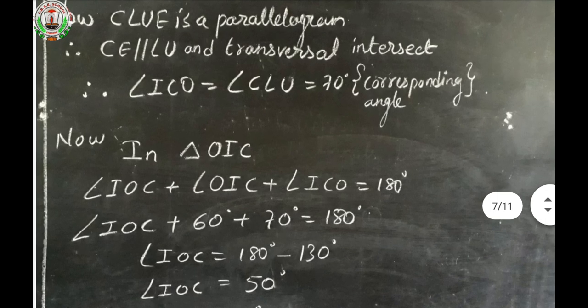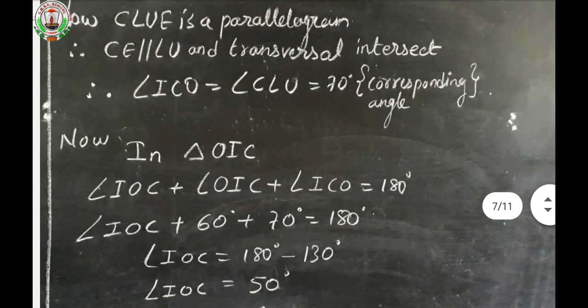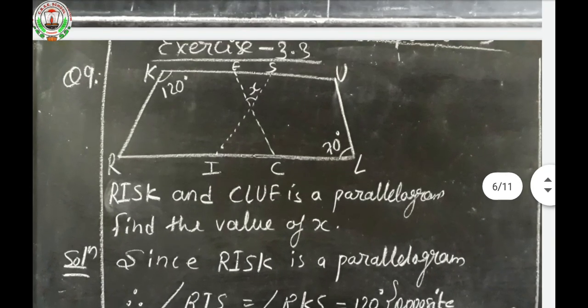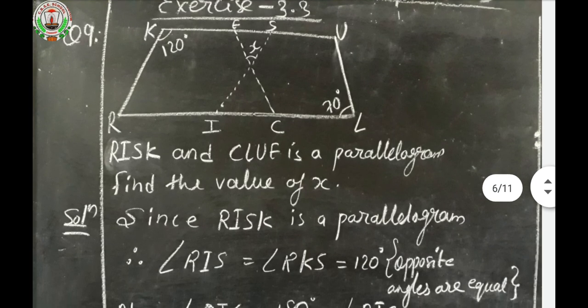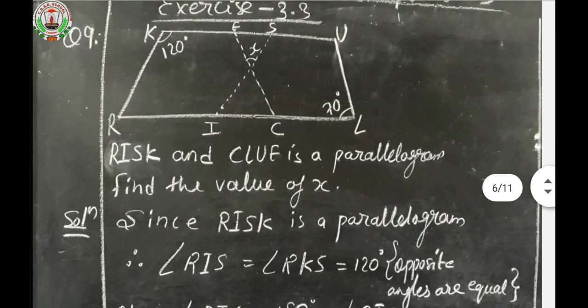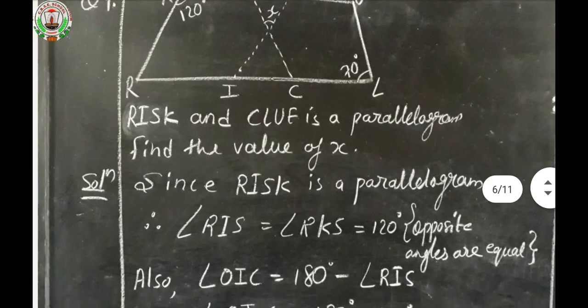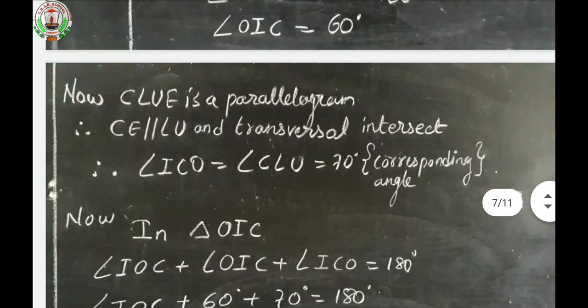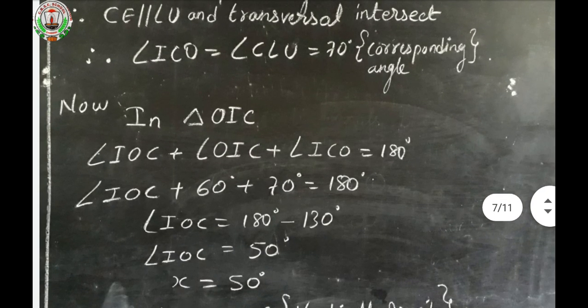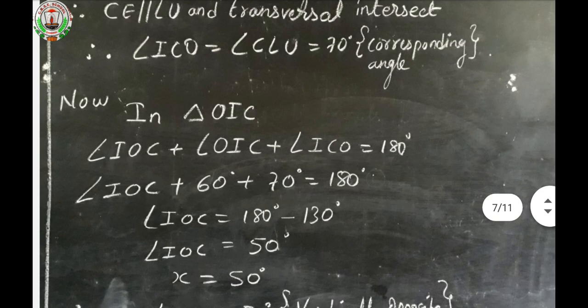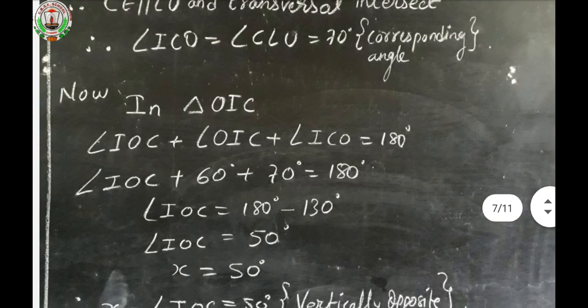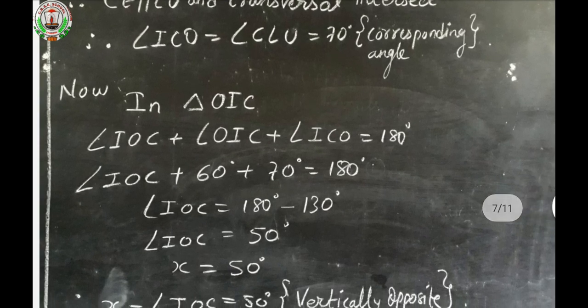Okay. Now after that, we have found one triangle. You can look in the figure. Here one small triangle is there, isn't it? Here O will be there, where X is marked. So we are going to consider that triangle. Okay. So consider the triangle OIC. So OIC is the triangle.